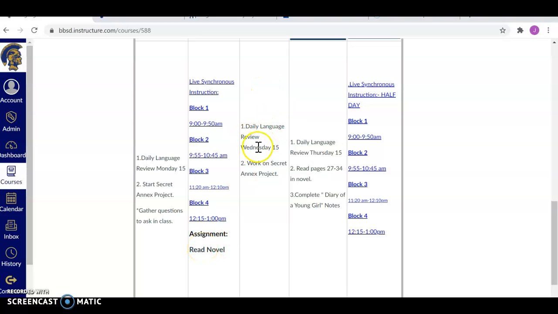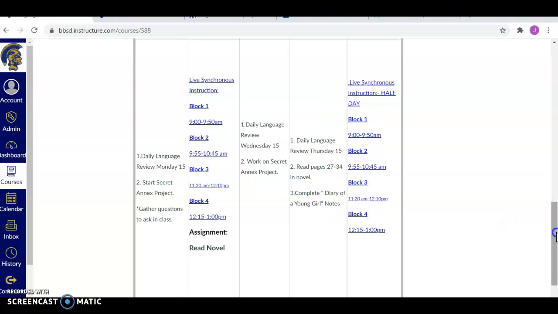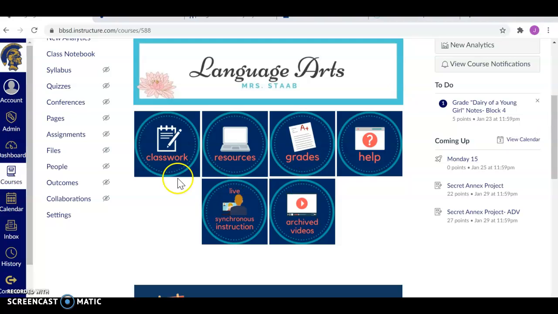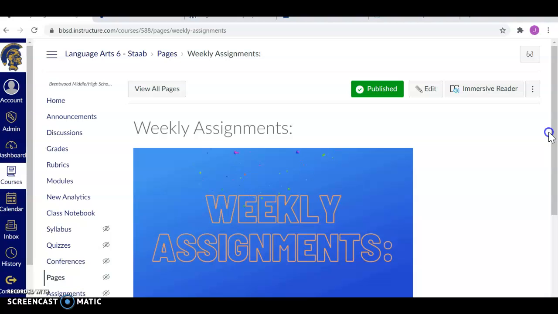On Wednesday, you are going to do your daily language review and continue working on your project. Thursday, same thing, you are going to continue working on your project, and your project will be due on Friday. Okay? So to find these assignments, all you have to do is click classwork, and then it brings you